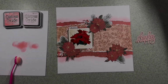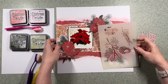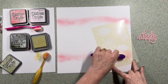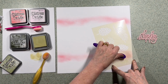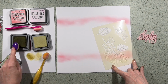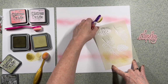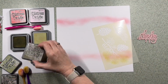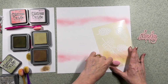I don't want it too high, but it's just a bit of a pink haze. Next step, I've got a couple more inks there, and I come in with the Fox Cut Stencil 108, and that's got pine cones and pine needles on it. I'm going to use a couple of shades of greens there, and I'm going to add some leaves into the background of where the flowers are going to sit. And then I try and bring another darker colour in as well, to make sure I can get some depth